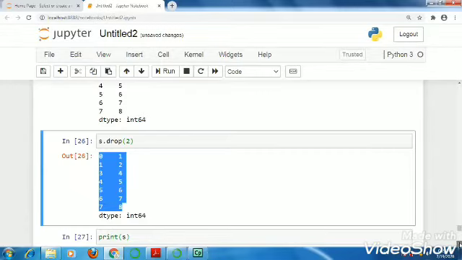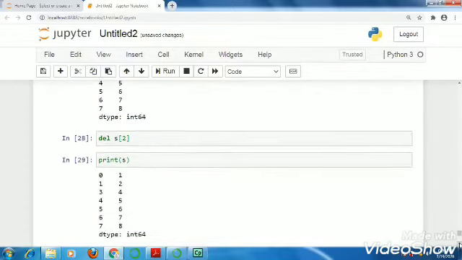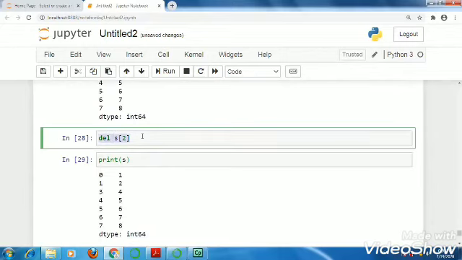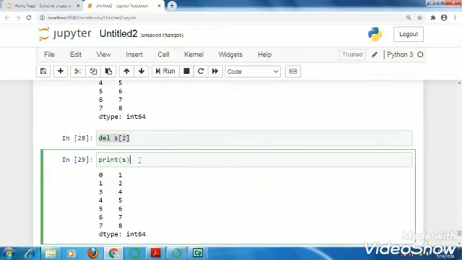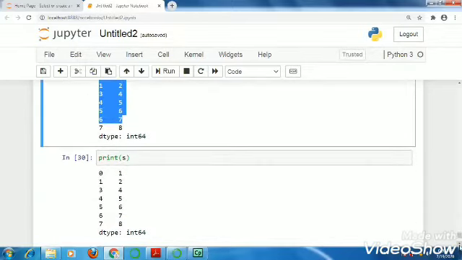But when I use del, we have not got any output because it does not return any value or the series. But when we print, it will show you the result, and here the index 2 is permanently removed from the series. So this is the difference between del and drop.